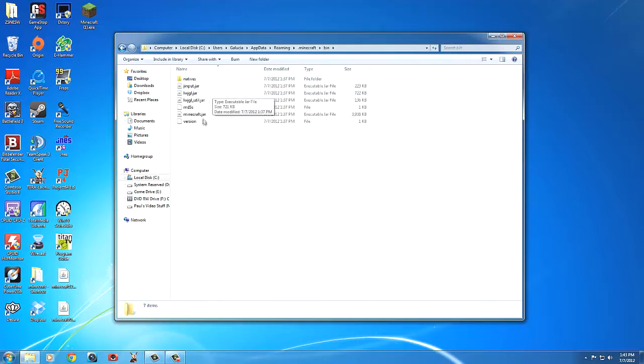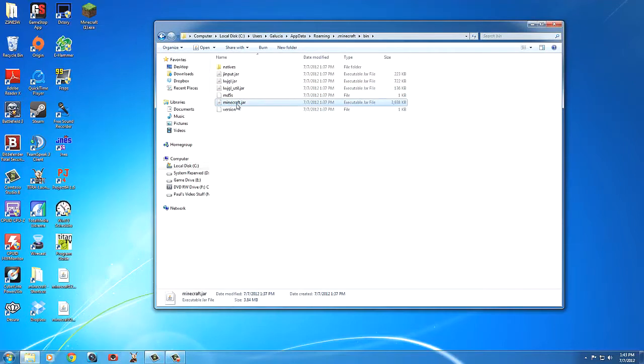Number one, before I do anything with mods, what I like to do is make a backup of your Minecraft jar as it is, unaltered. Because if this all goes wrong, then you can just revert back to the old Minecraft jar and you don't have to completely reinstall Windows. I hope you wouldn't have to reinstall Windows with Minecraft. So you can make a backup of that, okay?